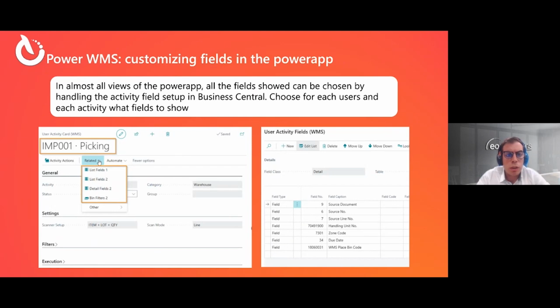How can we customize the field in the Power App? We have to go inside the user of the WMS, choose direct activity. For example, here I'm inside the employee number 1 in the picking activity. I go inside the related action, and I choose if I want to set up the field inside the first